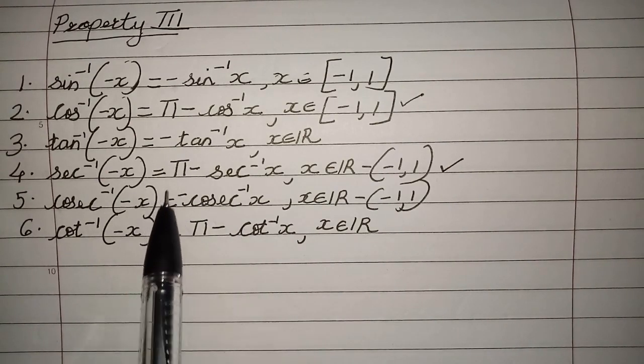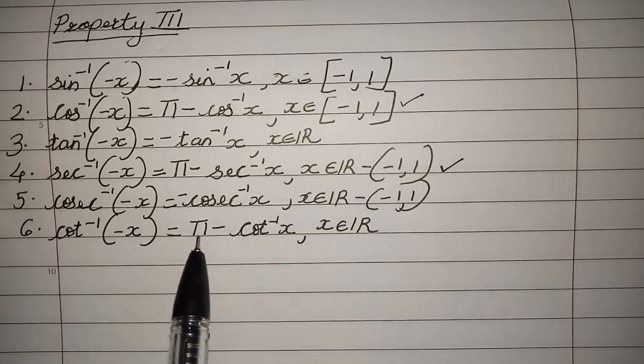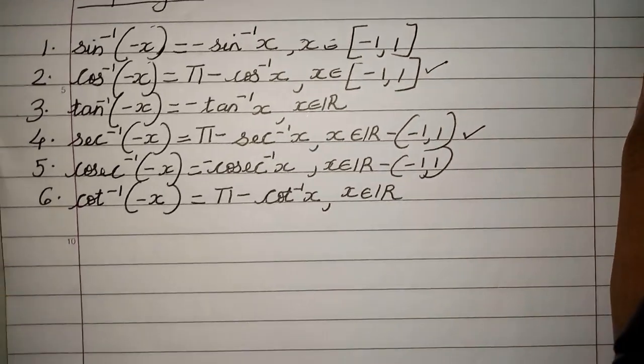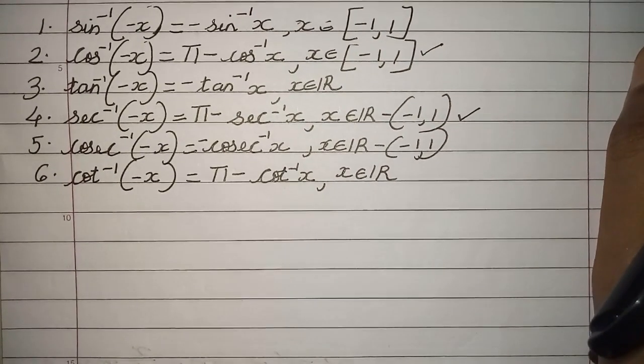Tan inverse of minus x is minus tan inverse of x, and cot inverse of minus x is pi minus cot inverse of x, for x belonging to R. So you have to study this. No other help. Take a paper and write all the properties, then read it every day, and you will be through, children. I'm not going to prove all of them. I will prove one or two.